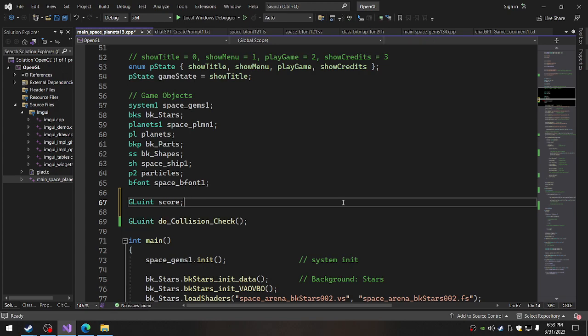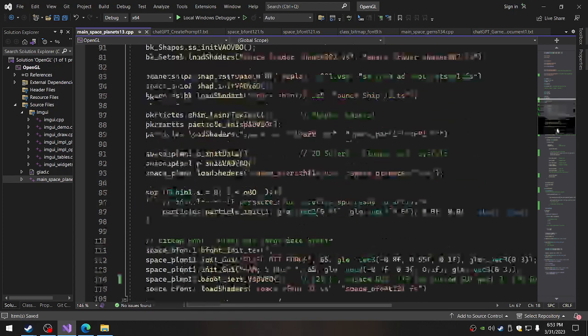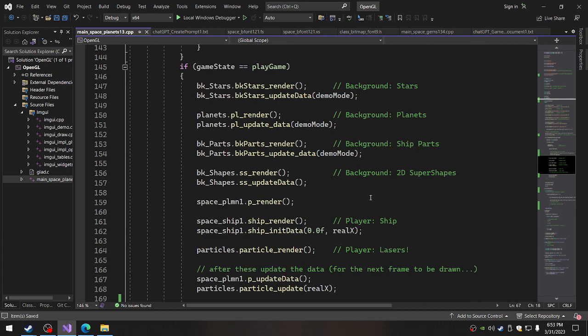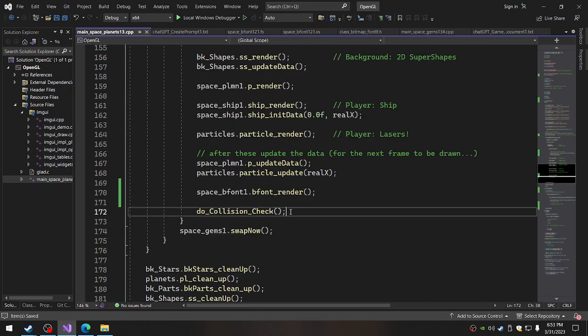Can we do that? Is that legal? Okay. Set it to 0. And then when we initialize the GUI, we can do 0 here, that's fine. Technically this is wrong because we can start the score at whatever we want, but we're always going to start the score at 0, so I guess technically it's fine. So right here, let's say there's 1 collision. Let's say there's 5 collisions. What happens is score